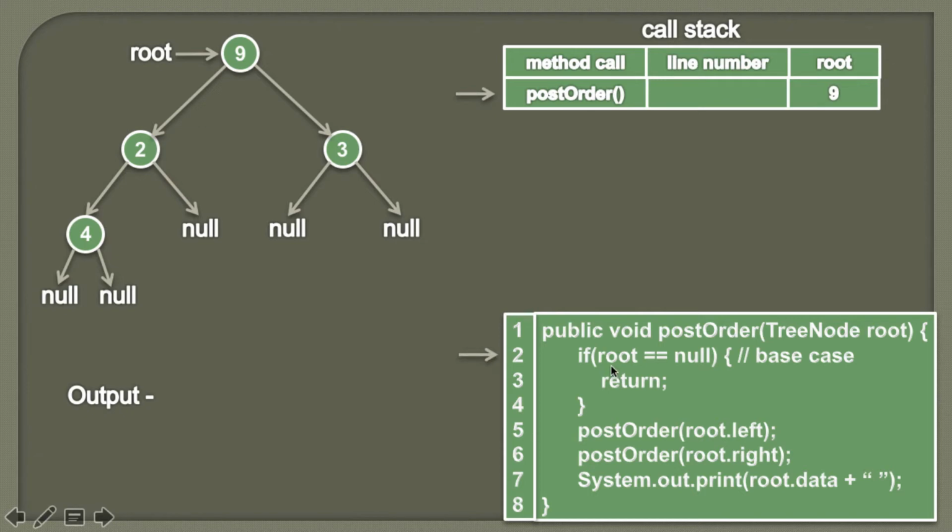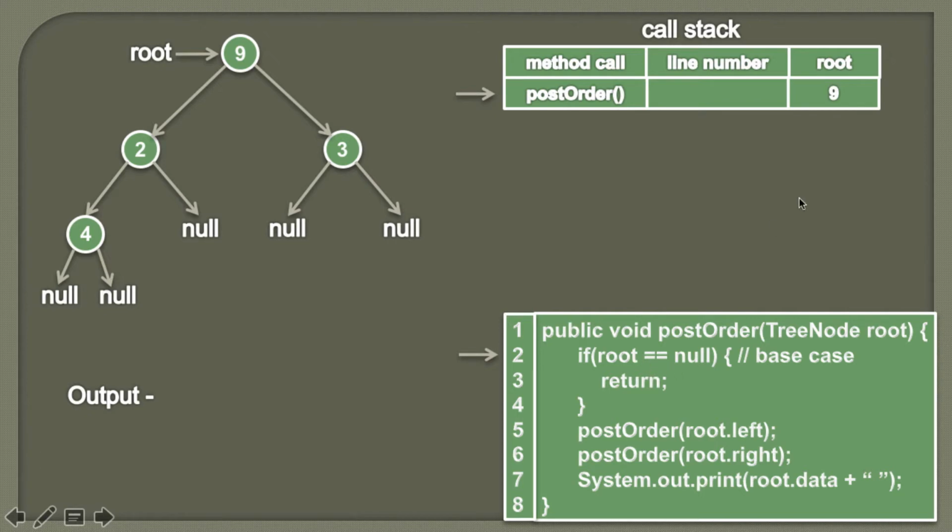So friends, the first step we check is whether root is equal to null or not. If root is equal to null, we simply return from that method, and here you can see that this condition will act as our base case, because as we are calling this post-order method and internally it again calls the post-order method, we need to provide a base case to stop the execution. Because if we don't provide the base case, post-order method will again call post-order method and they will go on calling each other infinitely. So this is the base case which is required in order to break the recursion, and we will see its significance later in the demonstration.